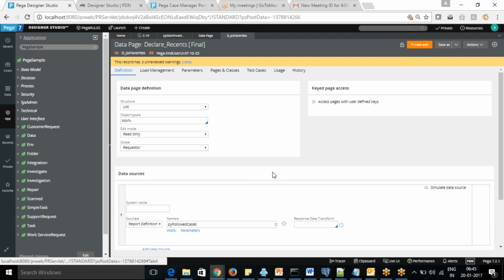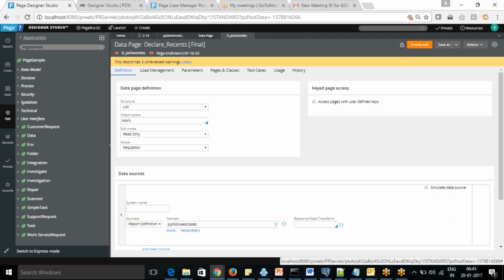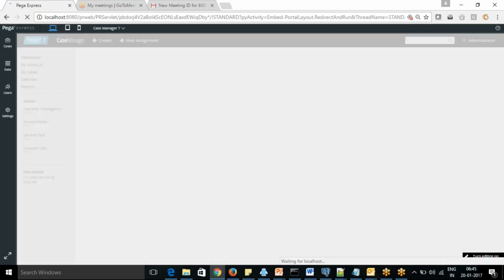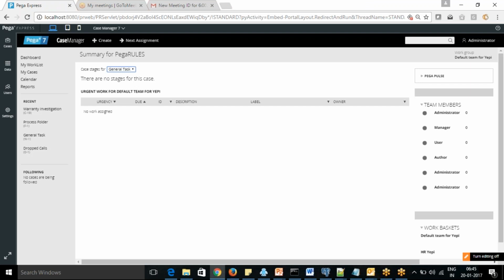With Pega 7.1.9, they introduced one more feature that we call Pega Express, which I mentioned is mainly for the business architect. They have given one option here itself: switch to express mode. If you want to see how your application will look, you can move to express mode. You have limited options here: cases, data, and users. You don't have much option here; the other options are from the developer point of view, so they have not given those.